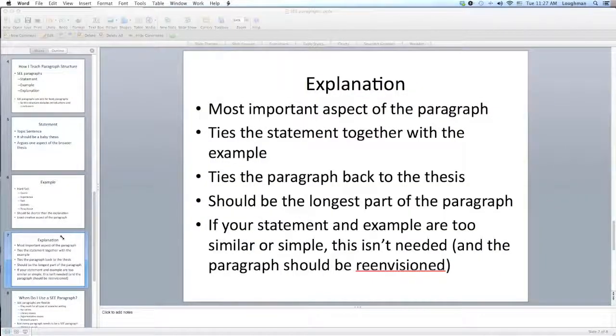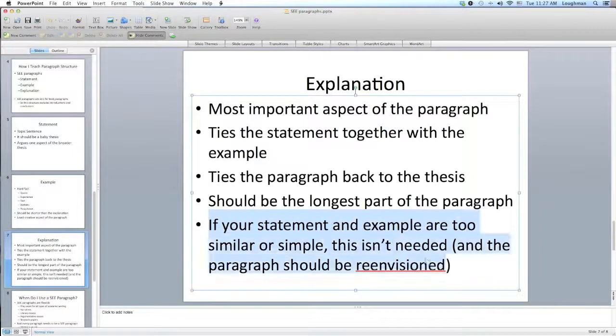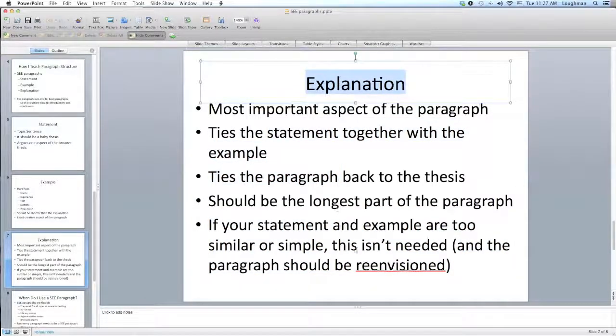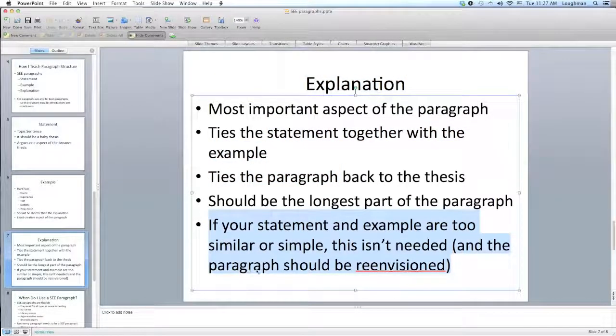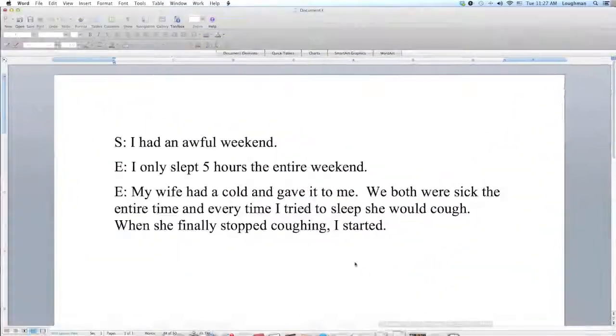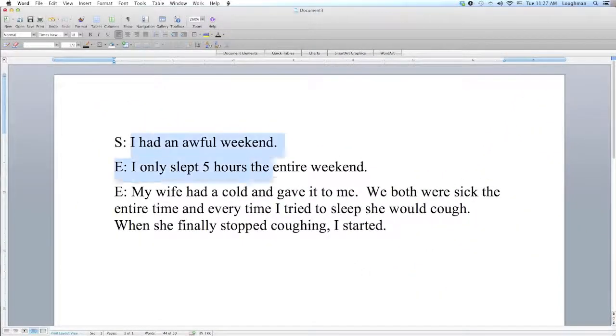Take that in for a little bit. Some of you might have a problem with this, and it's because of this last bullet. If your statement and example are too similar or simple, this isn't needed. The explanation isn't needed. All right. And the paragraph should be re-envisioned. All right. What I mean by that is if you say something like,